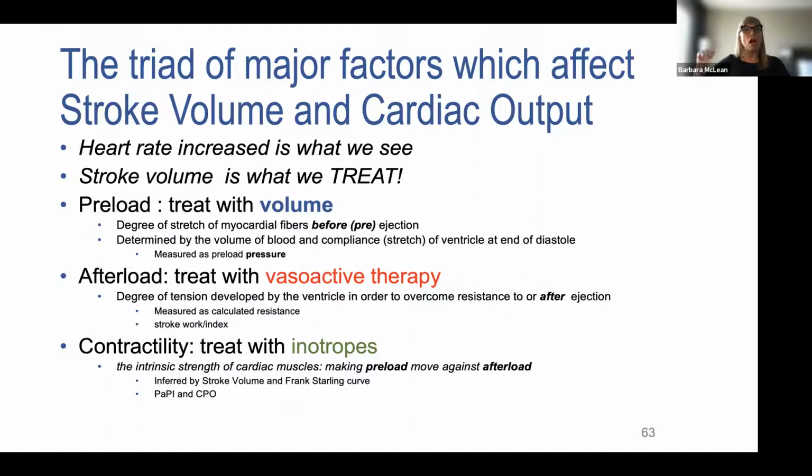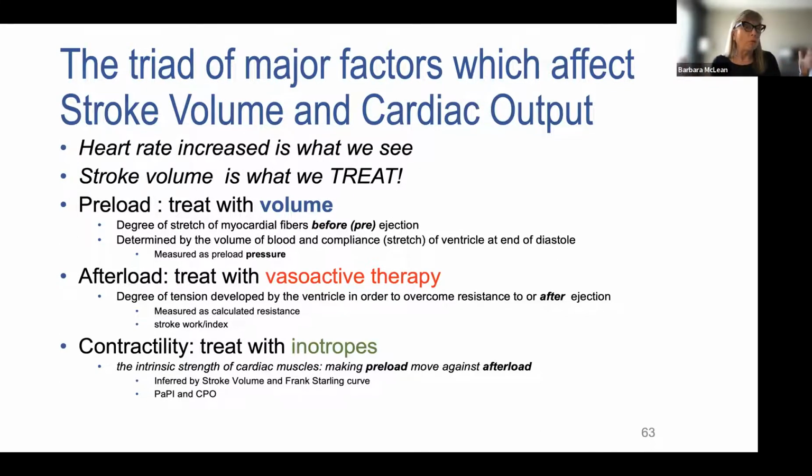And when we see that volume load is going up, in other words, venous pressure is up, volume extravasation has increased, but arterial volume is going down, before we add a vasoconstrictor, we should actually consider, I'm not saying it's always going to be the right answer, but we should actually consider the utilization of